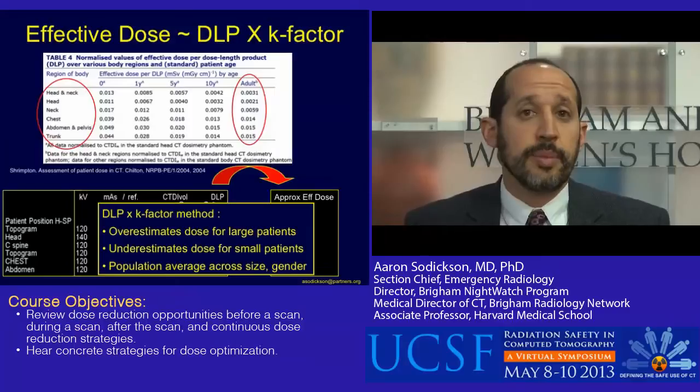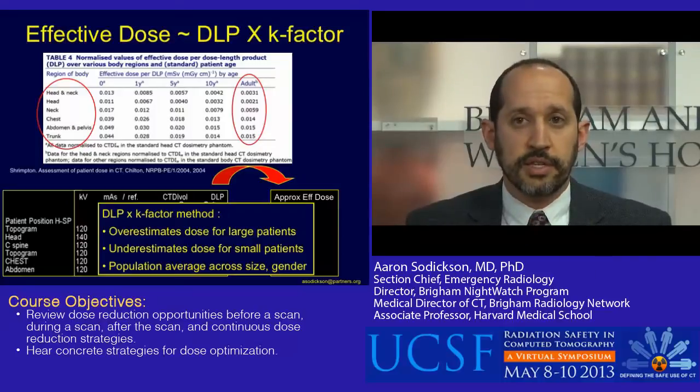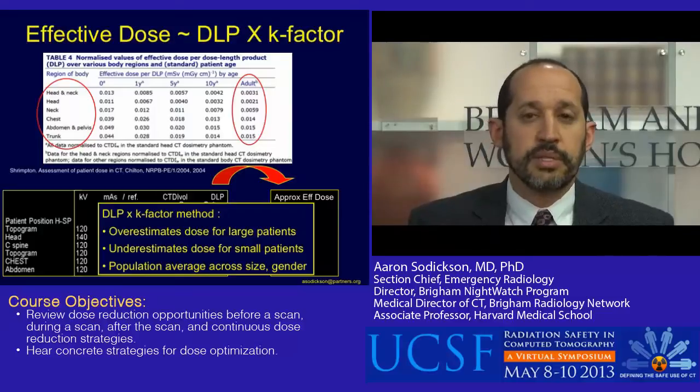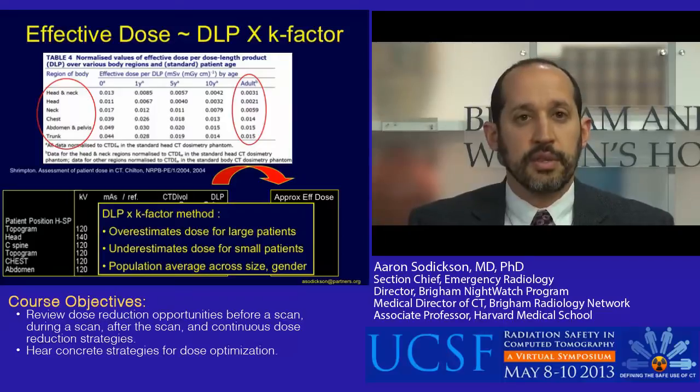Now, the next trick that people will often use in thinking about patient dose is they'll take dose length product and use one of these K factors or conversion factors, which were derived a long time ago from Monte Carlo simulation studies. So the way this is done, here's a dose screen from a patient getting a multi-part scan in trauma. What would be done is you would take the DLP of a particular scan part, multiply by the corresponding K factor,